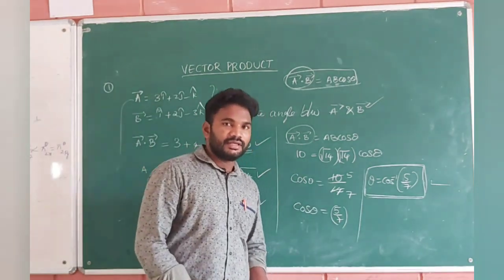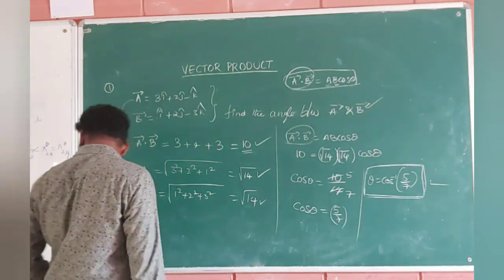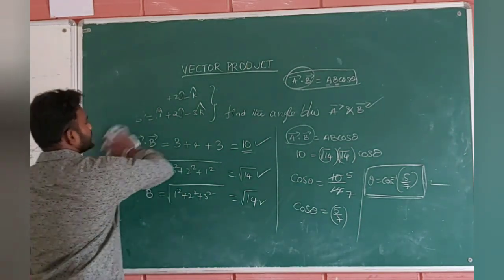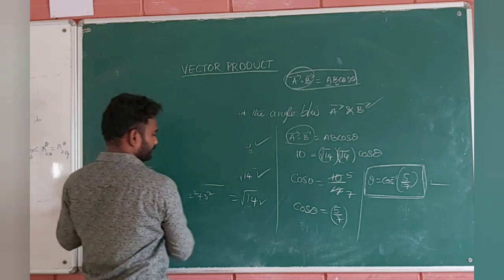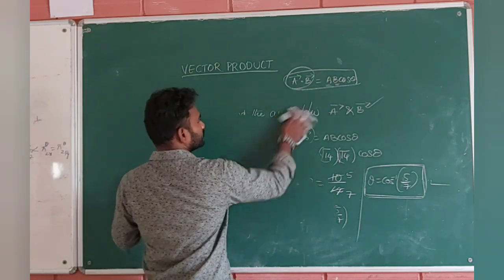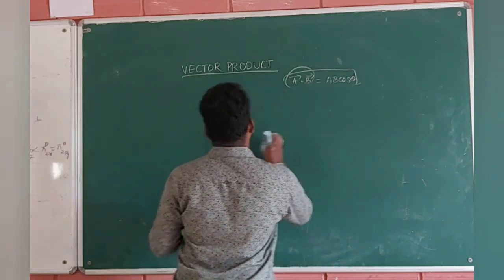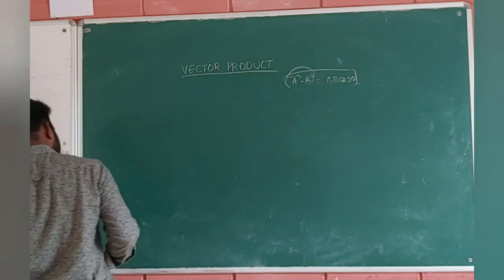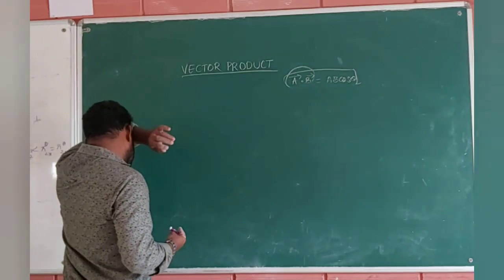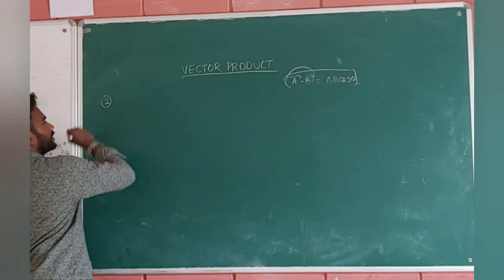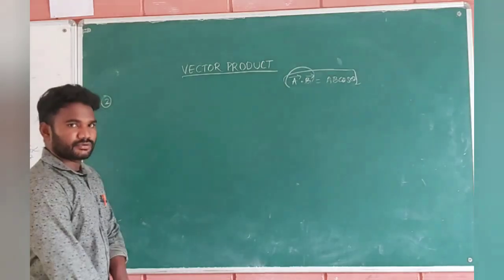Guys, are you understanding? Next, one more question I will ask you. Please concentrate here. Okay, the second type of question I will teach you, guys. Listen here. But do not forget this dot product formula: A bar dot B bar is equal to AB cos theta. It is an important formula always to be used here. Let me consider the second question, guys.